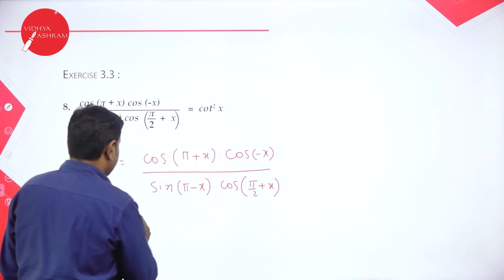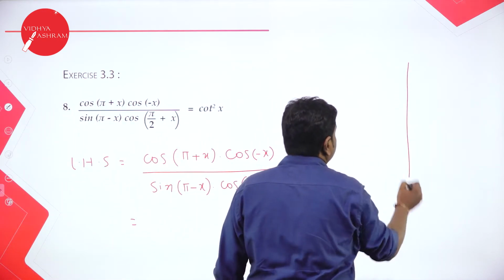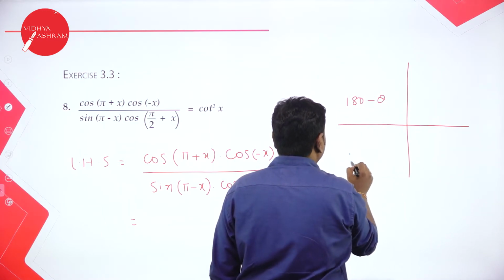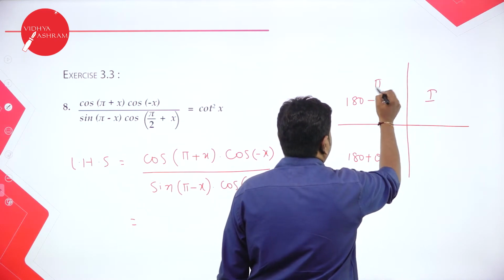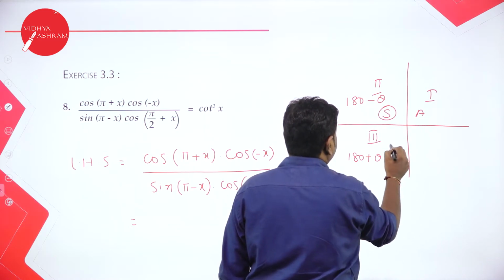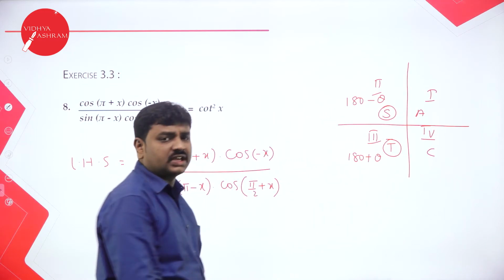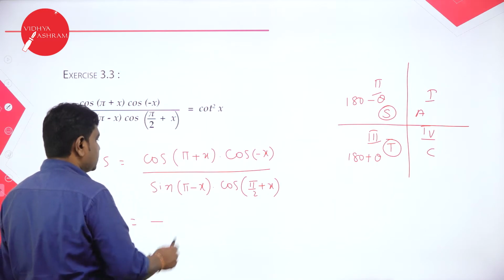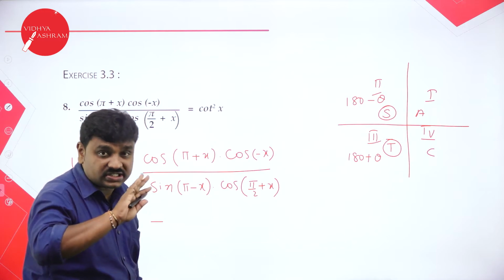So observe this carefully. The numerator is in the form of cos of 180 plus theta. All of you know 180 plus theta. 180, this is 180 minus theta, this is 180 plus theta. This is first, second, third quadrant. In the third quadrant, A, S, T, C. Here tan is positive. So now 180 plus theta lies in the third quadrant. In the third quadrant, tan is positive, but this is cos, so it will become minus. Cos of 180, you know, for 180 plus or minus theta, the function does not change.